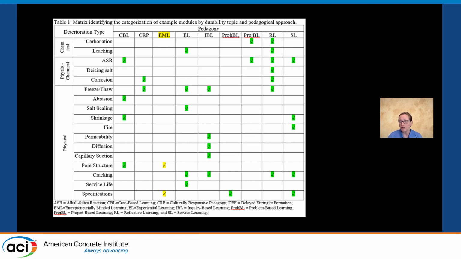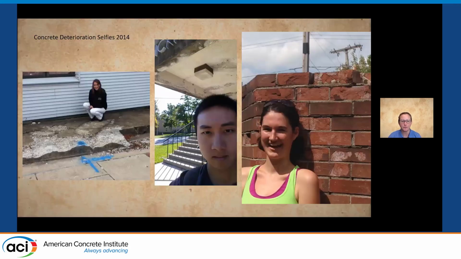I'm going to talk about just a couple different, maybe 3 examples. One is a concrete selfie assignment. Then we're going to talk about a particle size distribution assignment, and then a metacognitive reflection. This is Jacob's selfie deterioration